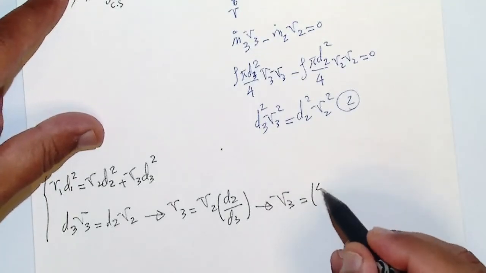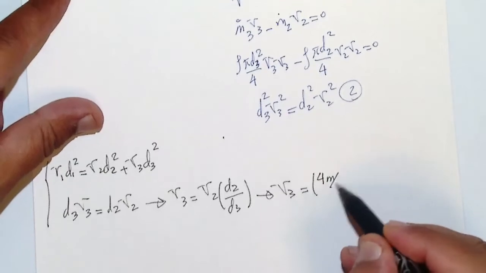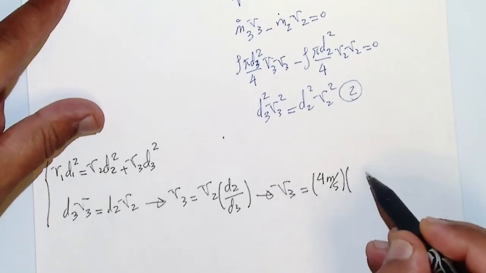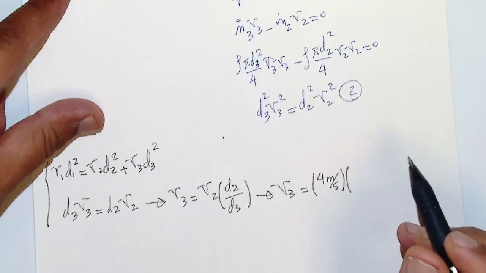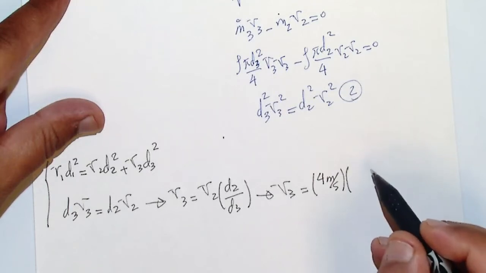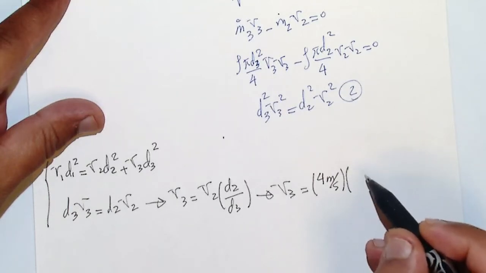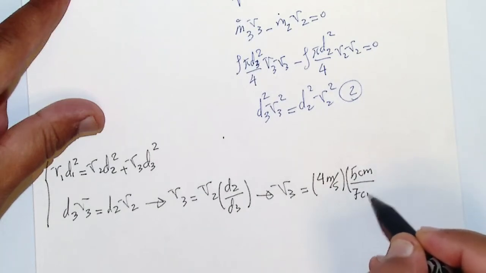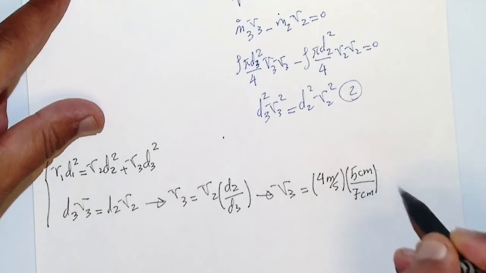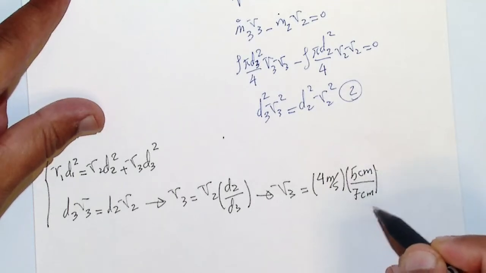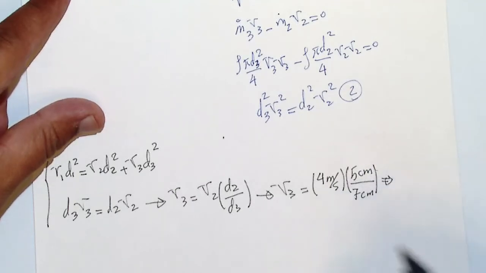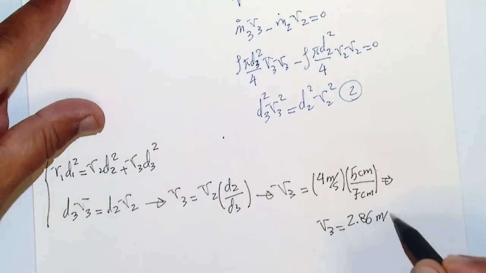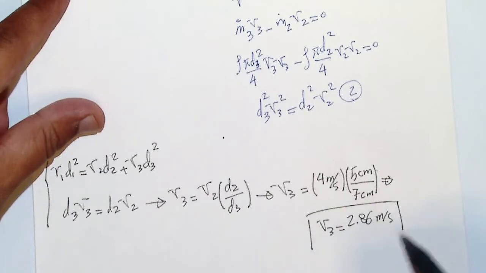Okay, so it's 4 meter per second, and d2 is 5 centimeter, which you can just keep as centimeter, because it's going to be over 7 centimeter, which is your d3, and these two units are going to be cancelled out. Then v3 is going to be 2.86 meter per second. Okay,